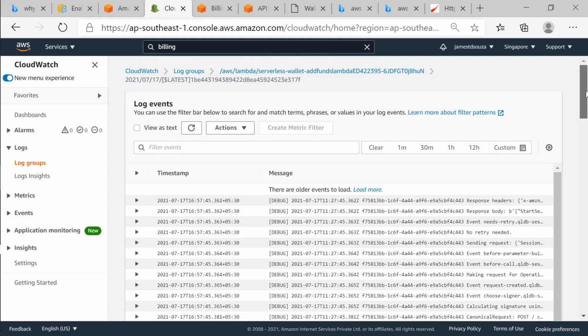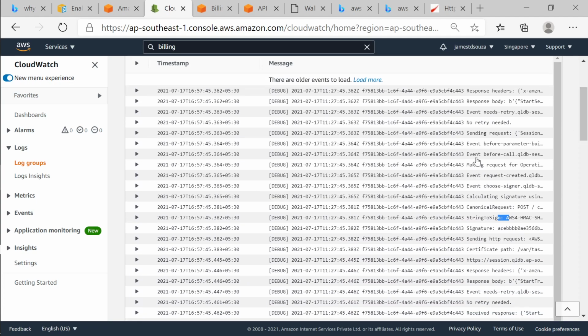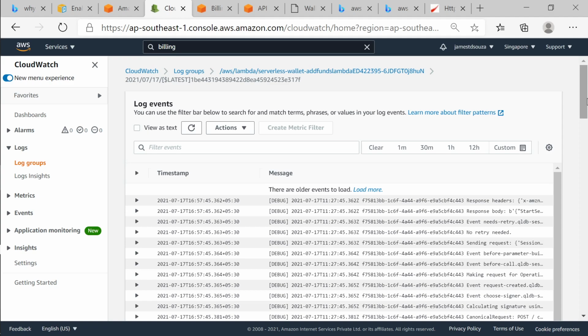We don't want to see all this data, so how do we create our own? Just like I created a wallet group, I can create another Lambda group, and in the Lambda function I can say that whenever this account ID is getting called, log that account ID in my log group. So you can have your own custom built log groups. This is an AWS defined log group. It's too much detail and doesn't make a lot of sense for me as of now.